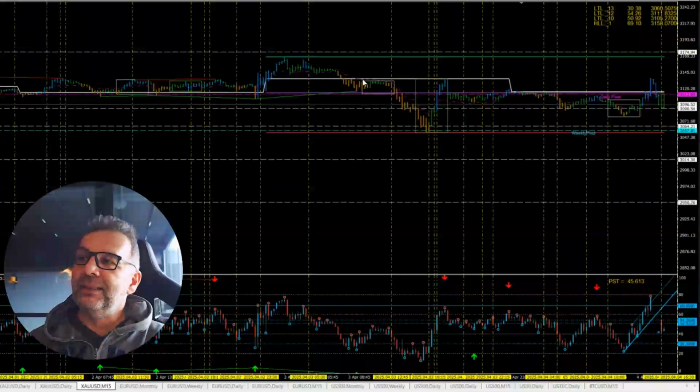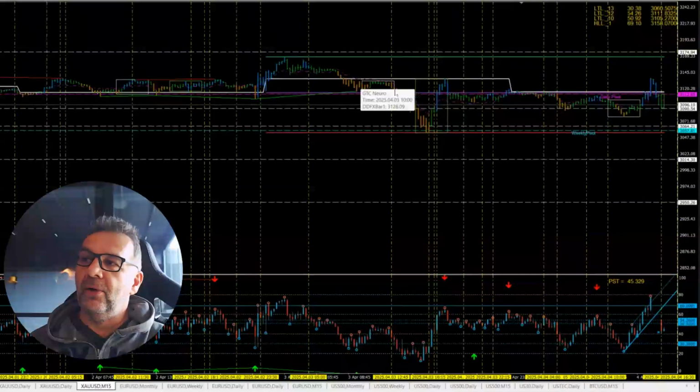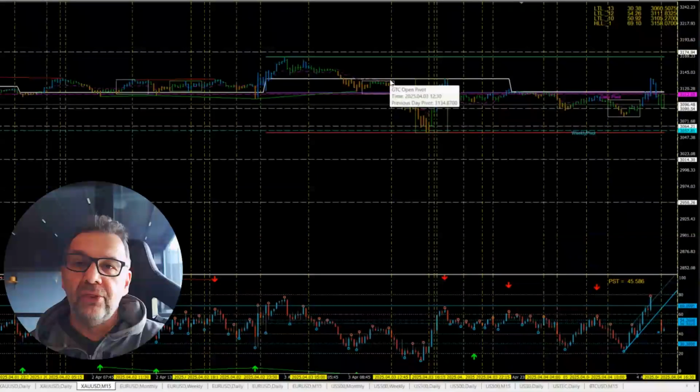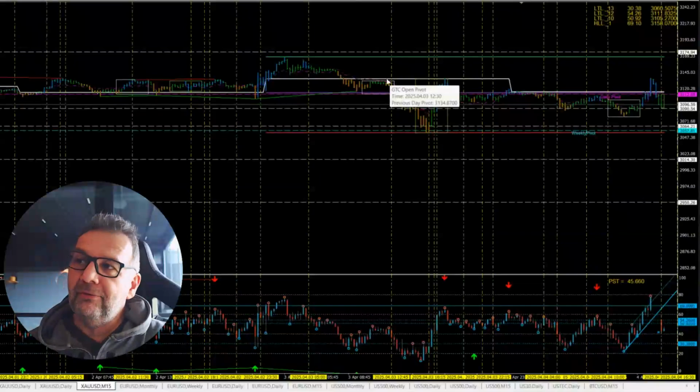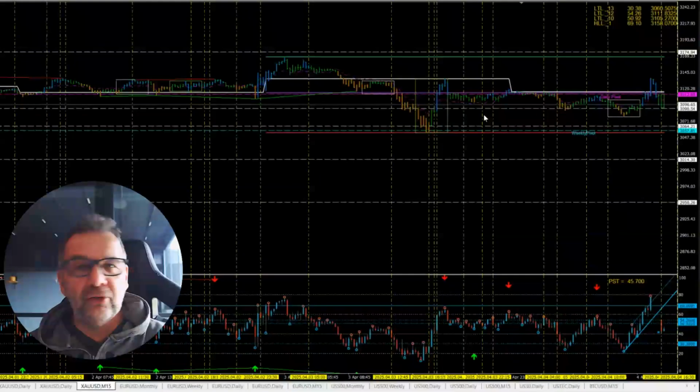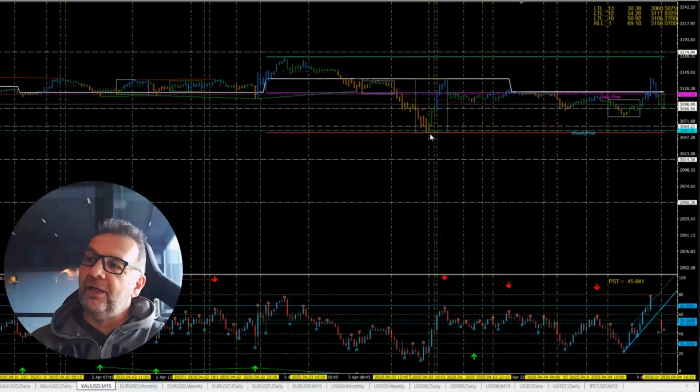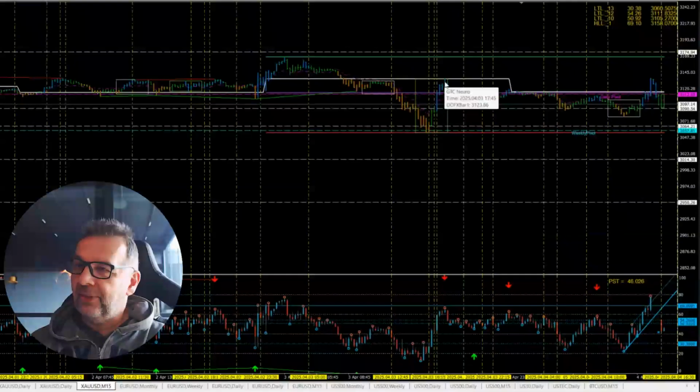For example, this is London. London morning session here is in this box. This is a trading hour right underneath the opening price. That is a technical level. But if you don't have a technical level, then don't muck around with it. The market is already done from one edge to the other edge.